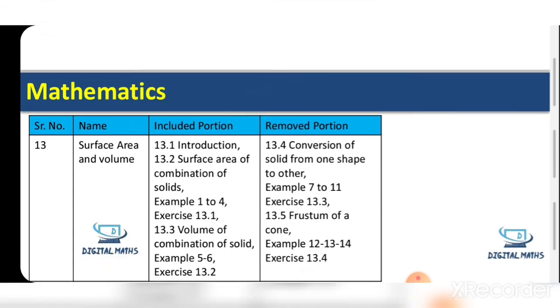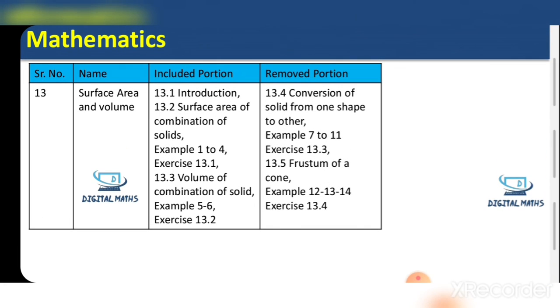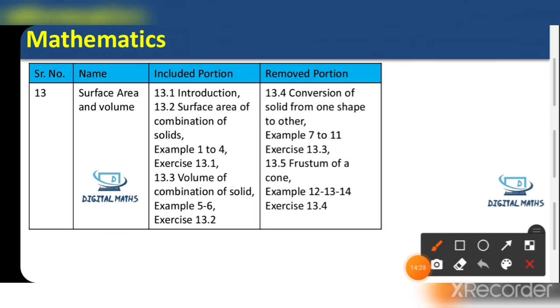Now we have to see chapter number 13, surface area and volume. The included portion is: introduction, surface area of the combination of solids, example 1 to 4, 13.1, volume of the combination of solids, example 5, 6 and 13.2. The removed portion is conversion of a solid from one shape to another,